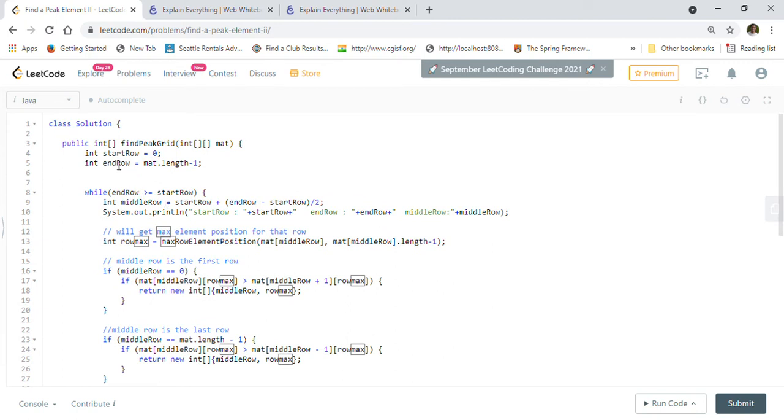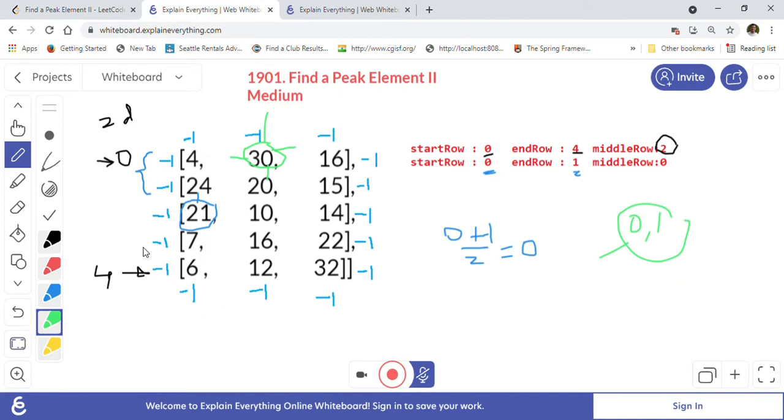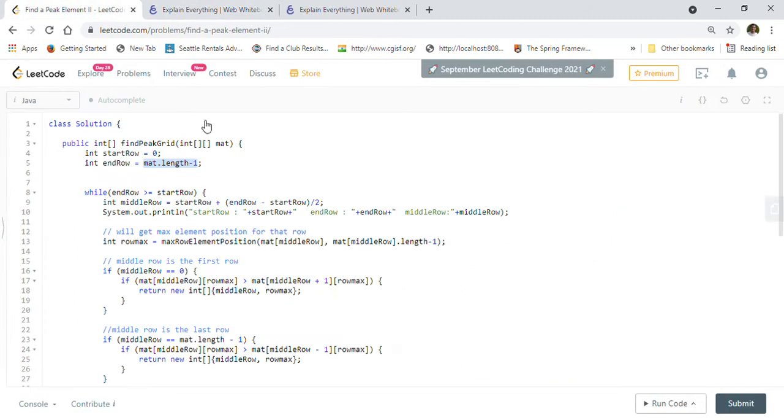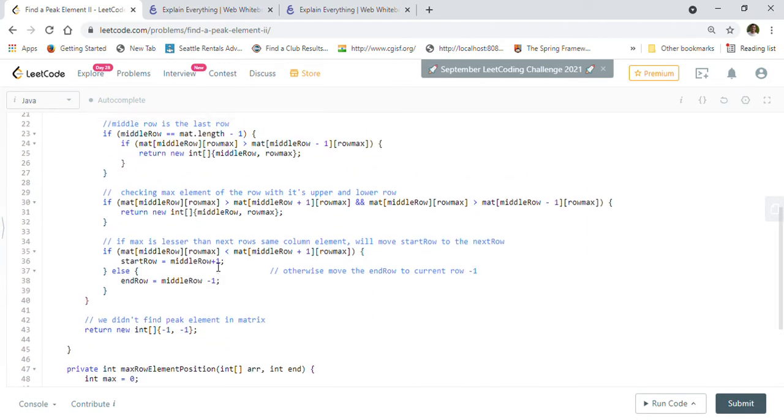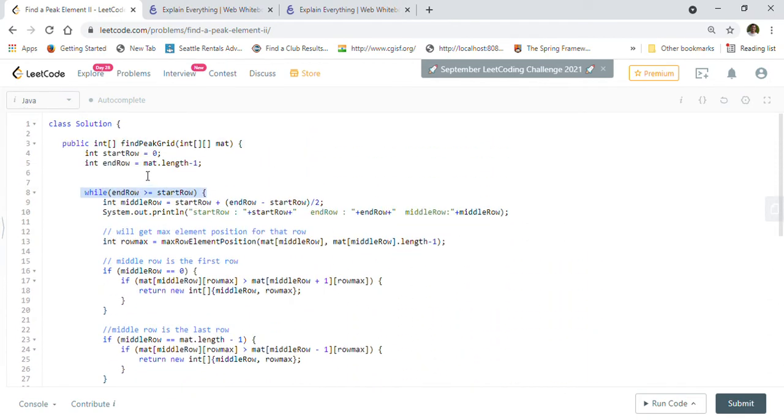Okay, so here I created a start row variable and an end row variable. So start row is 0, end row is the maximum length minus 1, right? For example, in this function, end row will be 4, because max total rows are 5, and end row is 4 because it starts with 0. So while end row is greater than or equal to start row, we will try to find out if any peak element exists in this grid.